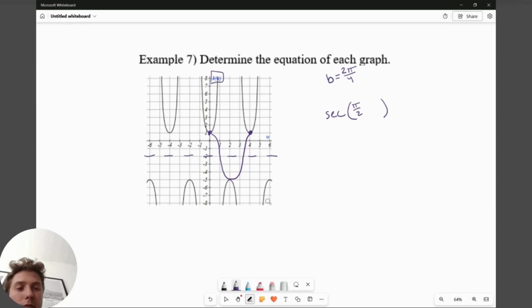Notice they do say k of w. I'm going to change that to a w instead. Okay, but besides that, then we need to find other things. Well, this function has a midline at -2, so it got shifted down 2 units. It also has an amplitude of 3, so we need to make sure we apply that at the beginning. Well, okay, we have each of our different parts now. Now we have the equation of this